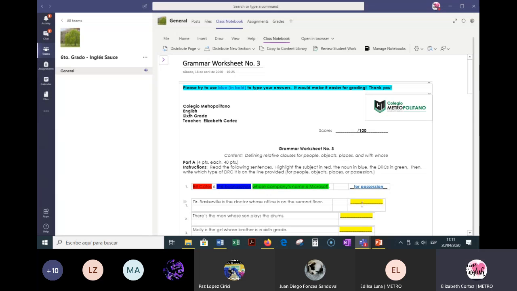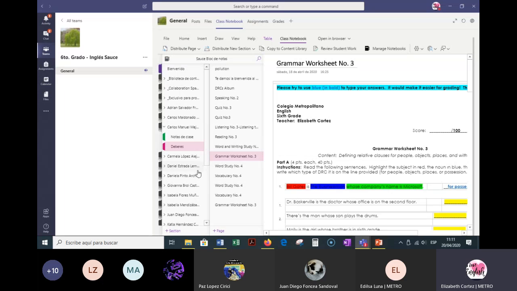This one you can edit. You don't have to open a new folder and save it. It's right there. And remember, you don't have to send it. It saves automatically. And since you have 2 of these grammar worksheets, just work on the first ones. There are extra ones I will delete when I check your individual work.